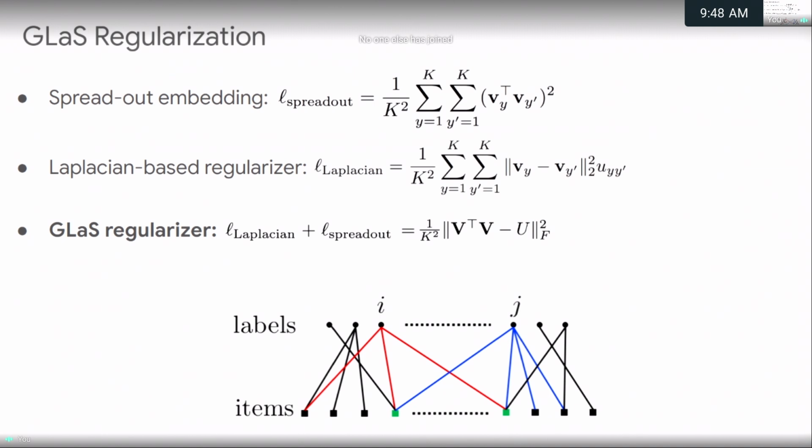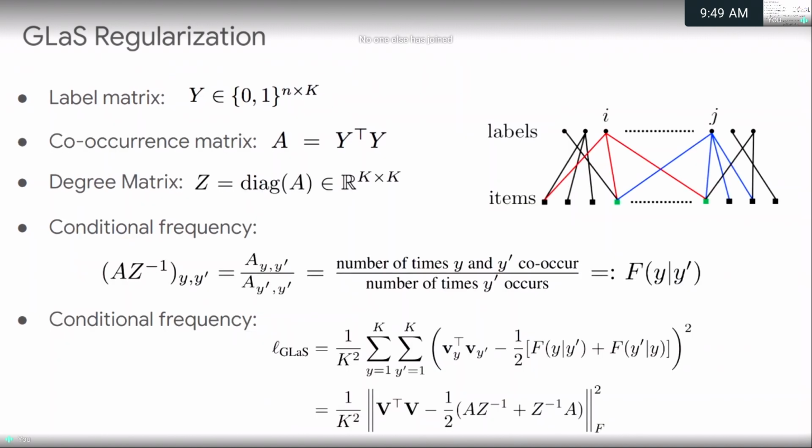Now, we use this intuition to define the matrix U. If the label matrix is Y, an n times k binary matrix, then the co-occurrence matrix would be Y transpose Y. The i, jth entry of this co-occurrence matrix shows how many times i and j have happened with each other at the same time. So here, for this graph, it would be 2, because for 2